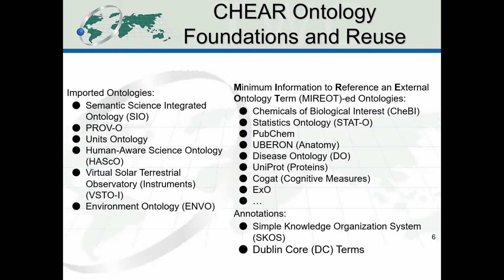And so we're pulling in a lot of existing vocabularies that have been heavily vetted by a lot of domain experts, and then we're kind of gluing them together. And we only pull in the pieces that we need because some of these are actually quite big. And actually, as time goes on, we're pulling in more and more information. Like we just got a bunch of studies that look at all these cognitive measures, so we just pulled in COGAT. And so as we get more studies, we pull in more terminology.